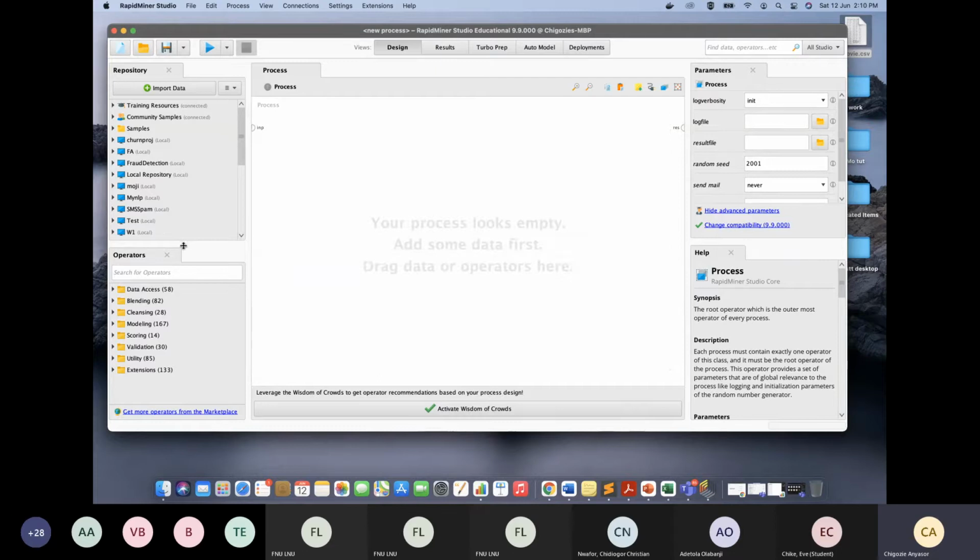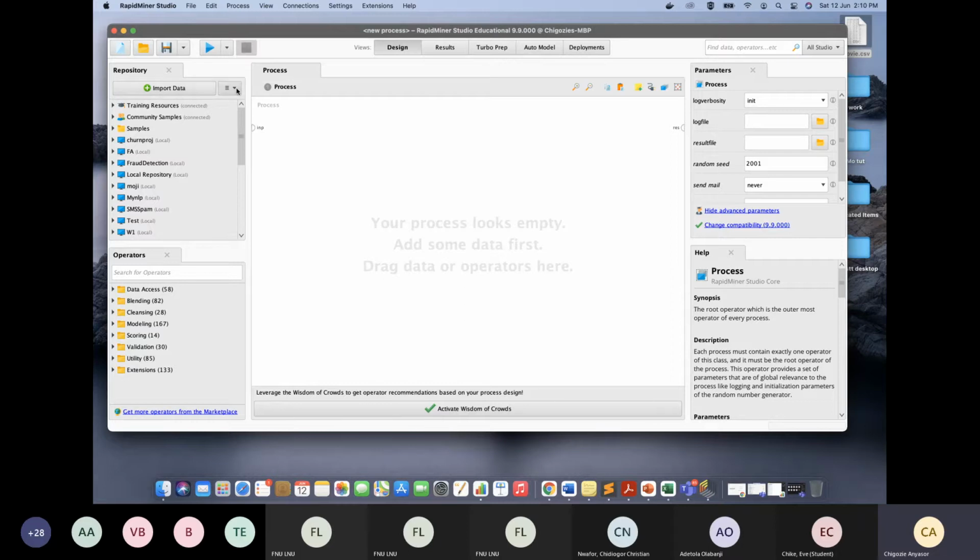See this place where I'm circling. They refer to them as operators, right? Your models, everything in data science, they already have it built as a model. So all you need to do is just drag and drop, and you move. So I'm going to be starting out by letting us know how to structure our work so that everything looks tidy, right? On the left here, you see various folders in form of desktop. It looks like a screen, right? So those are folders. So we're going to start by